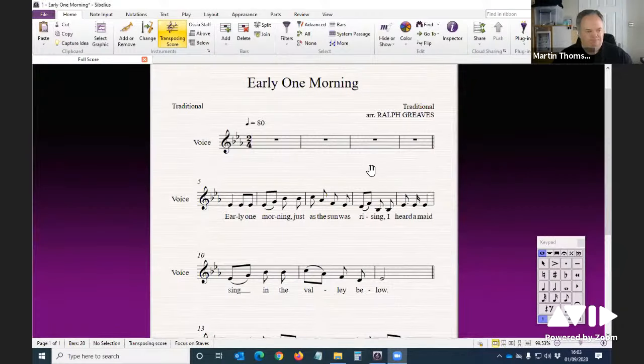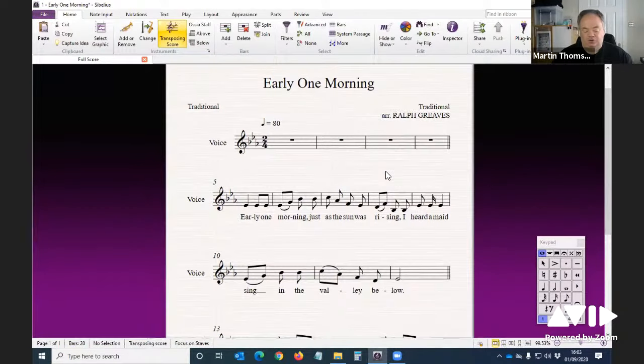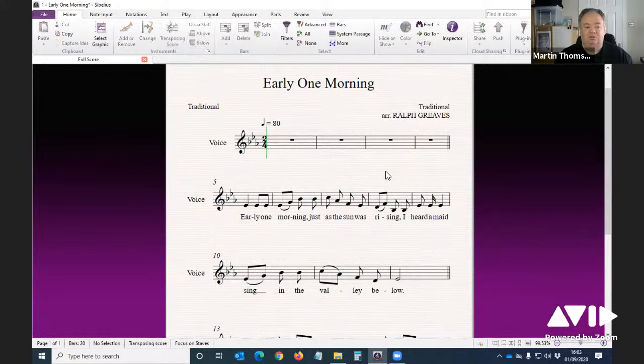That's what today's about. I have various files I want to show you and take you through. Hopefully we'll get through them all in the 30 minutes that we have, but we'll see how we go. So let me start off by showing you this file here. This is called Early One Morning. It's a fairly straightforward one. We can start nice and straightforward. And if I play it to you, you will expect to see the file going by, but what you may not be aware of is